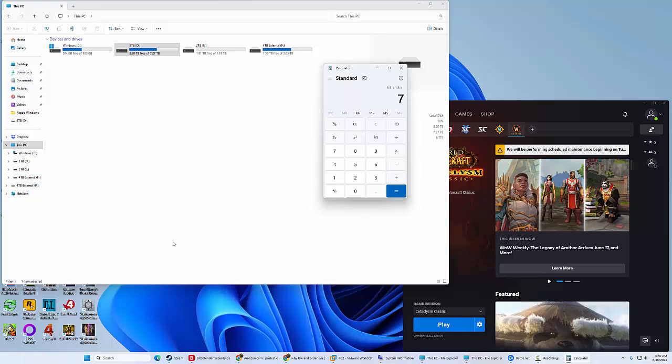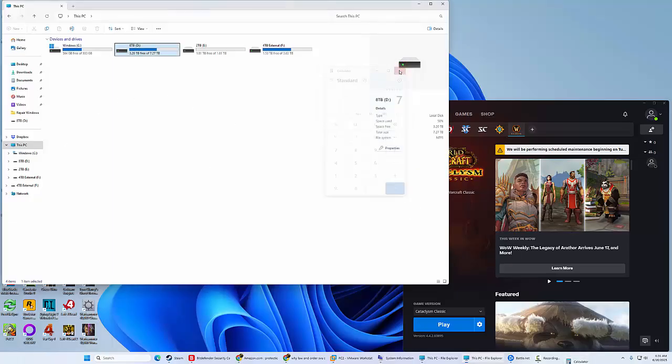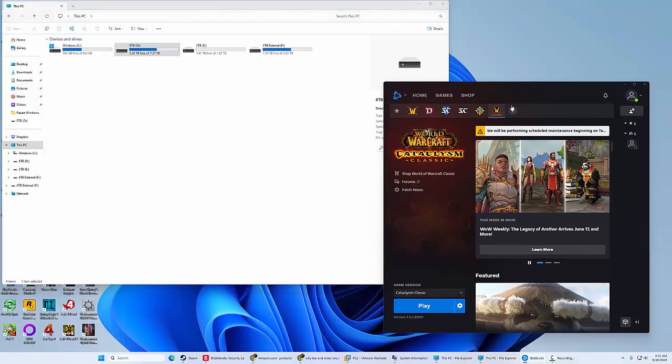I've always had to manage what I had installed, and with the old system, before getting this 8 terabytes, I could only install 3 games at a time. But nonetheless, let's stop that.